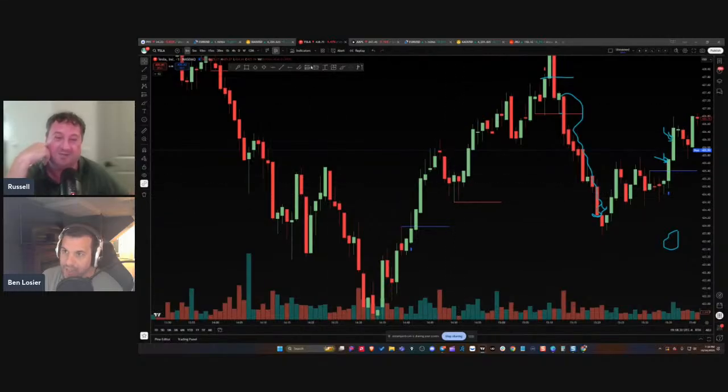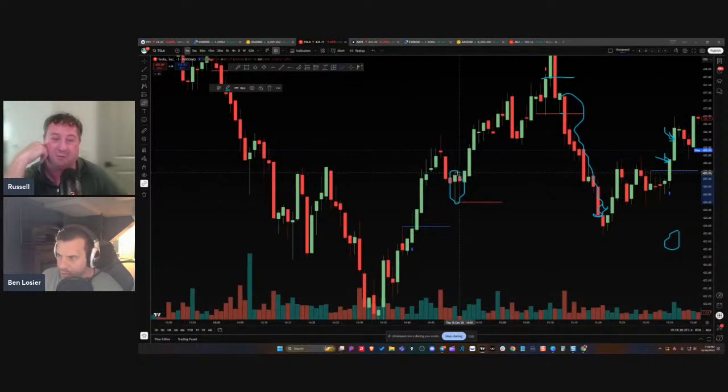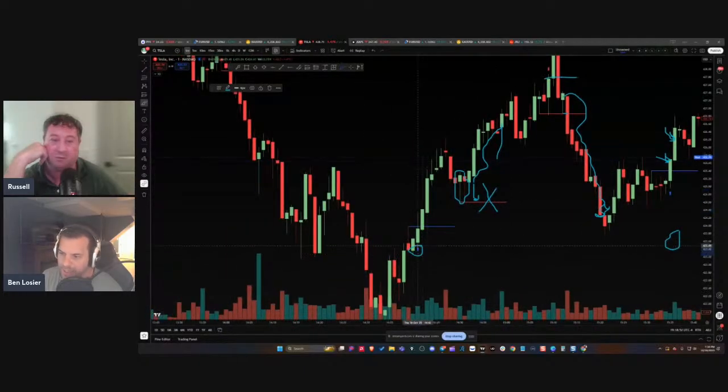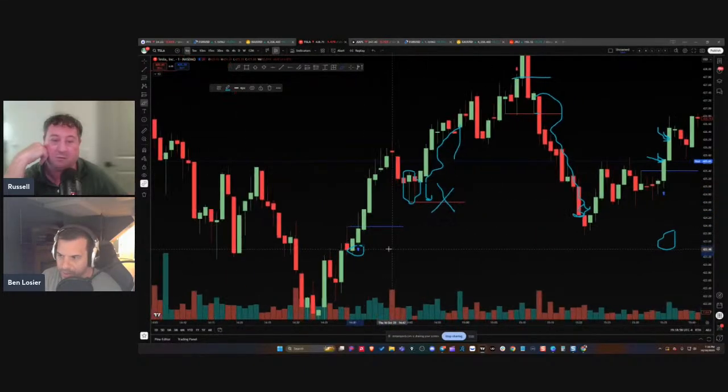And if it doesn't, this is another thing that's cool about this. So this is our two, and it doesn't even look like it sits well anyways. It didn't come in here and break it, it just came back up here. So this was no trade, and there were no errors, no alerts, nothing. That's what's cool about this as well: if you have an alert, you're only getting it on these arrows.